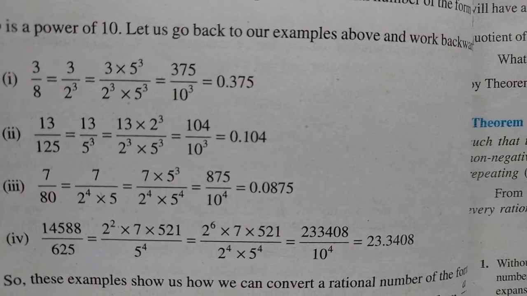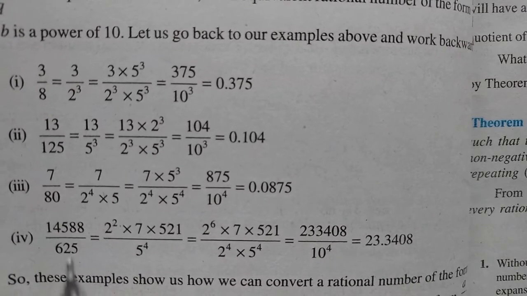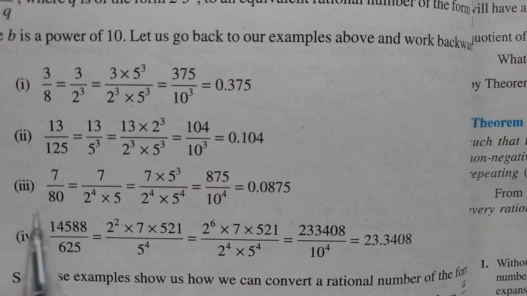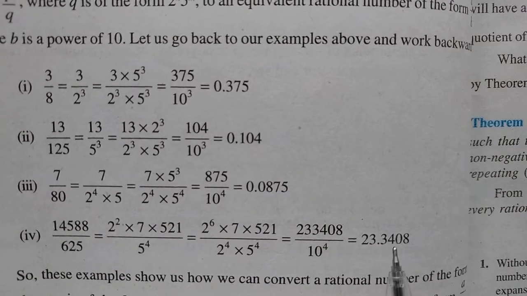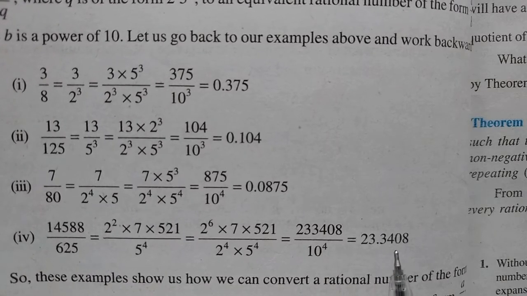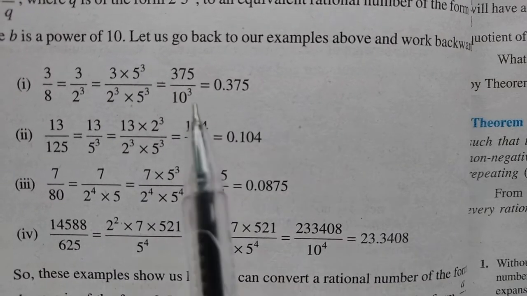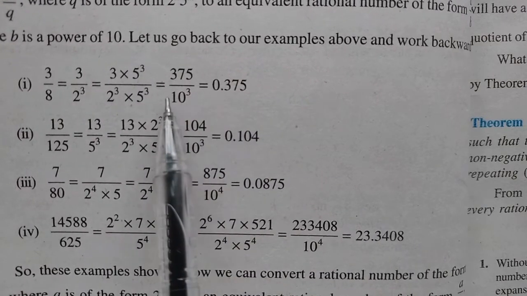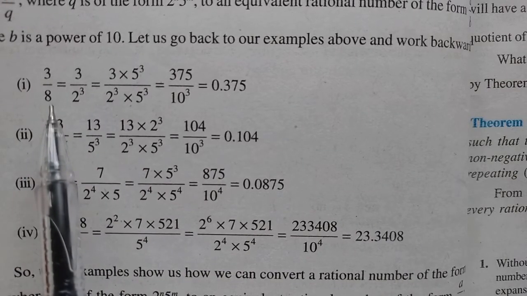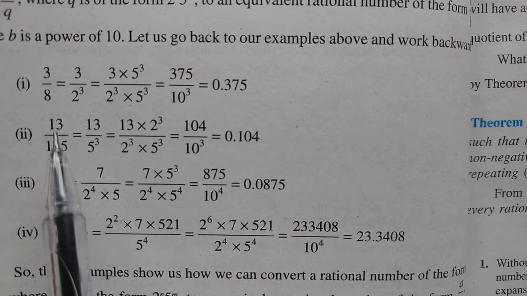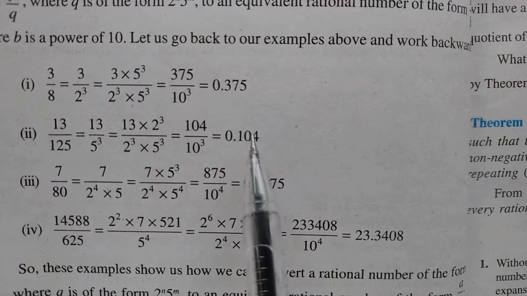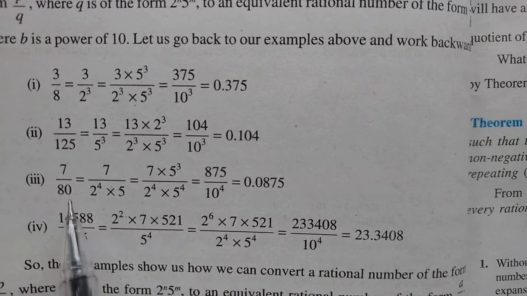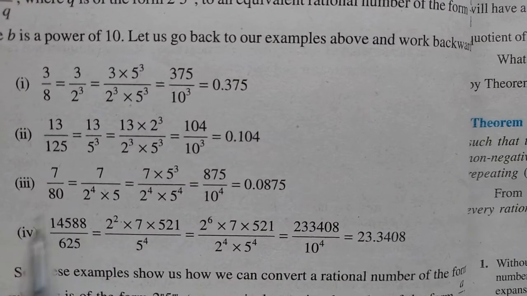Now children, here you can see that 3 by 8, you are getting this one. Here you are getting this one, here you are getting this one, and here you are getting this one. So children, it is surprising. On the previous page we had this, this and this. And if you go the reverse way, you are getting this rational number. So from this rational number you are getting a decimal number, and from the decimal representation you are getting this type of rational number in p by q form.